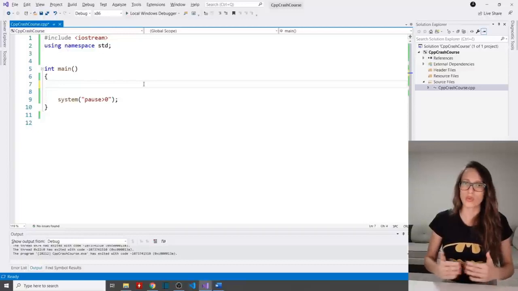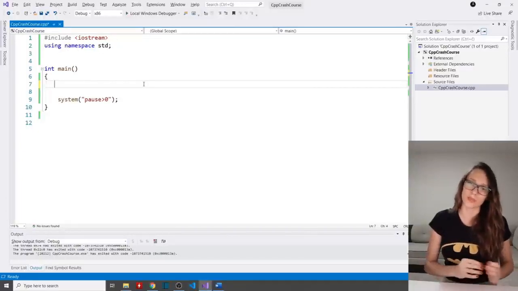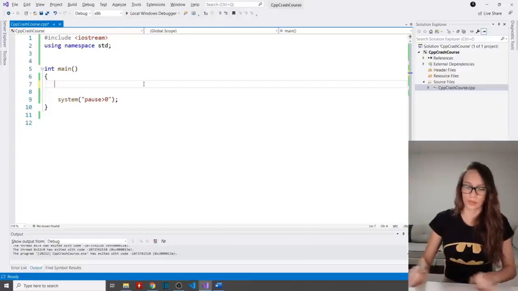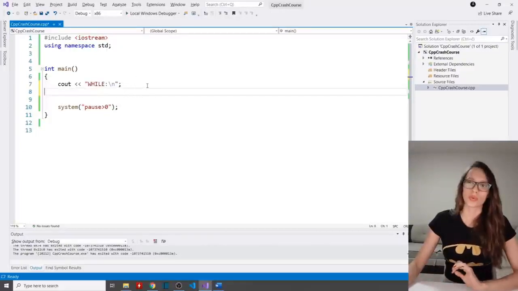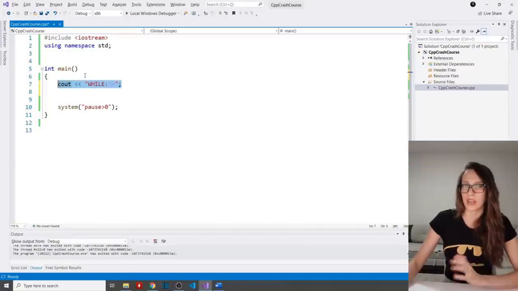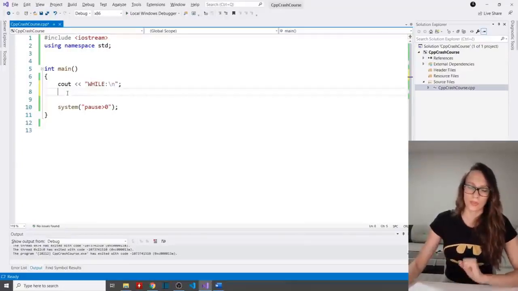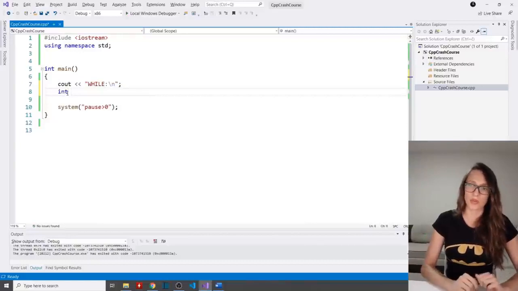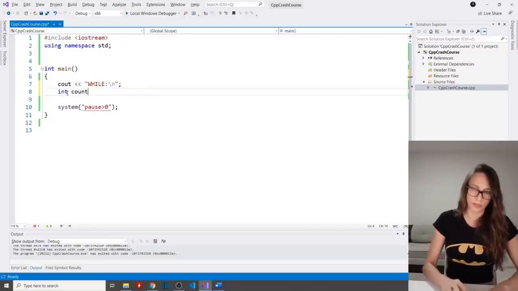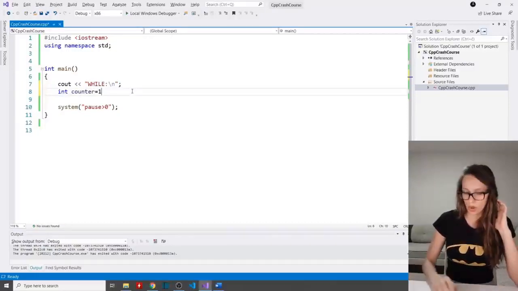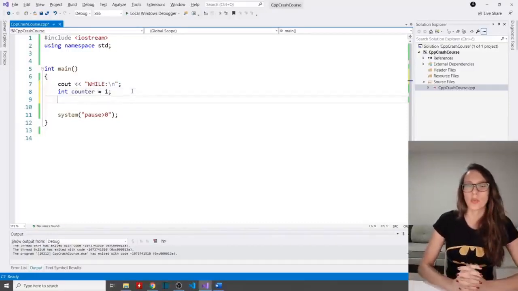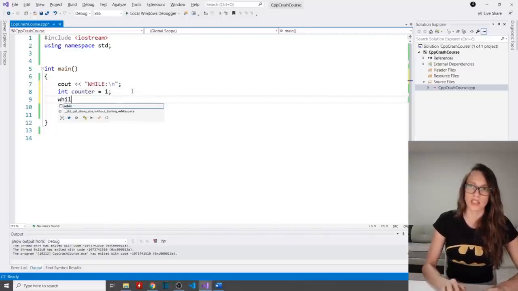And I'm going to show those two together because I really want to point out the difference between while loop and do while loop. So the first one that we will create is while loop, and on that example I'm going to demonstrate an infinite loop. So let's create a variable which we will use as counter, like this, and let's initially give it a value of 1. Okay, now what I want to do is I want to write out the syntax of while loop.